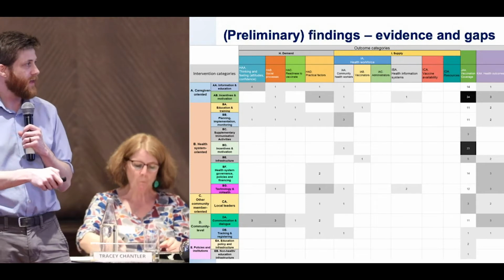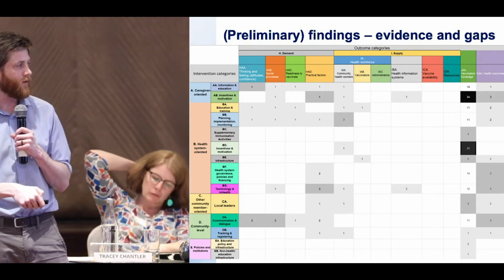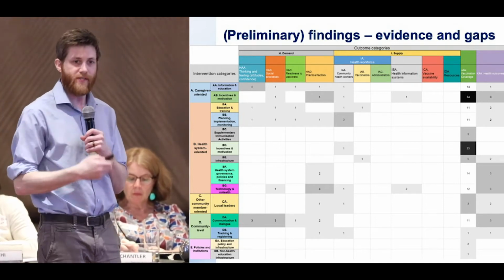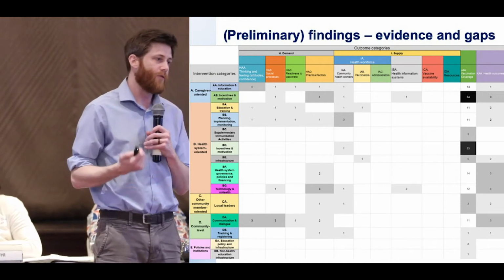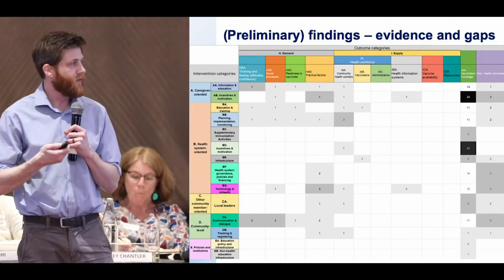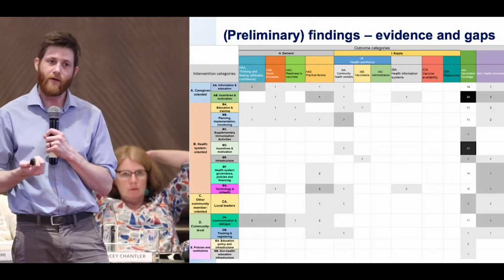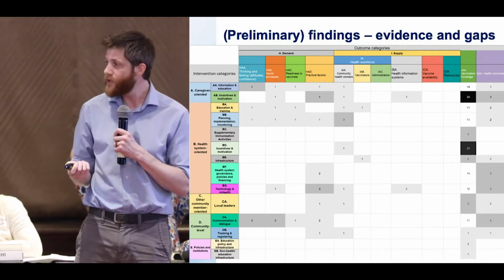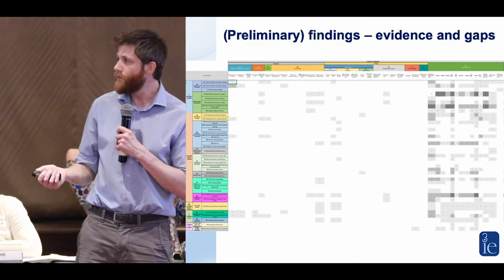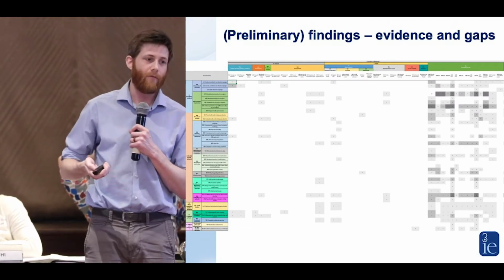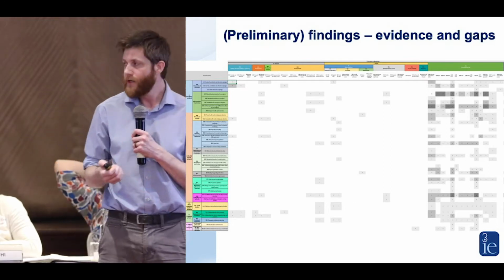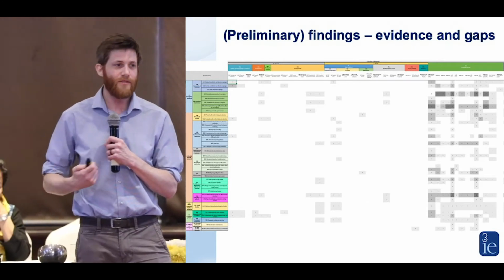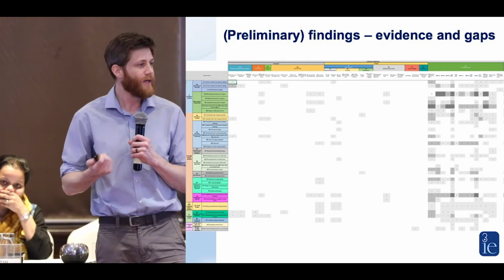And so you can see that this green one here, this is the category for vaccination coverage. So things like what are the coverage rates and what's the timeliness of delivery for vaccinations. We can see that that's got the strongest evidence base. There's a lot of concentration of measuring outcomes for those coverage outcomes. And as you go further back to the left, you're looking at more of the determinants leading up to that. Evidence on outcomes is really heavily concentrated on these coverage outcomes, which is good. That's ultimately what we care about in a lot of ways.